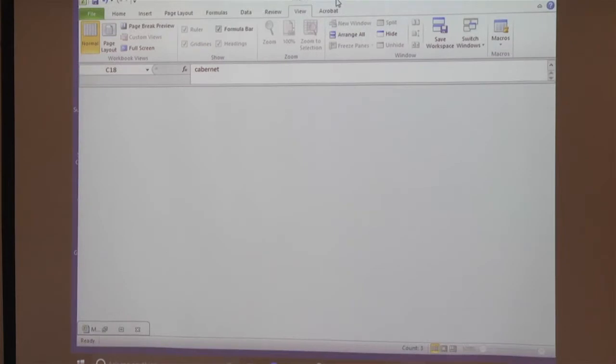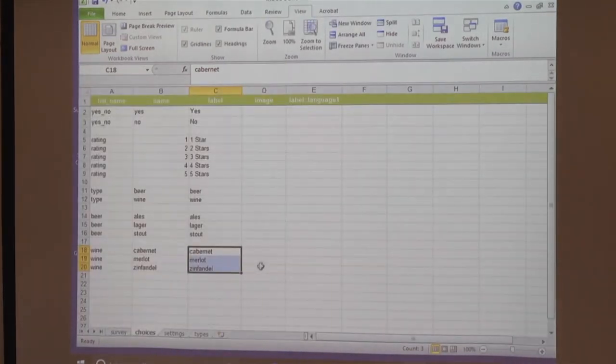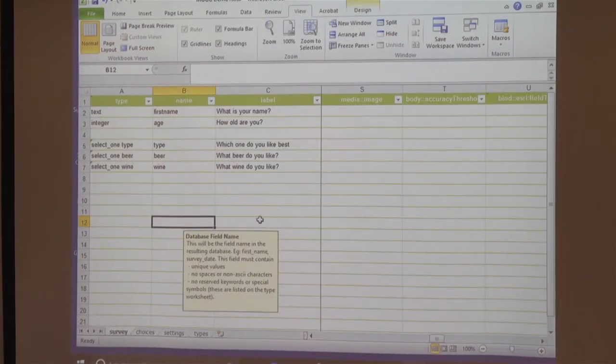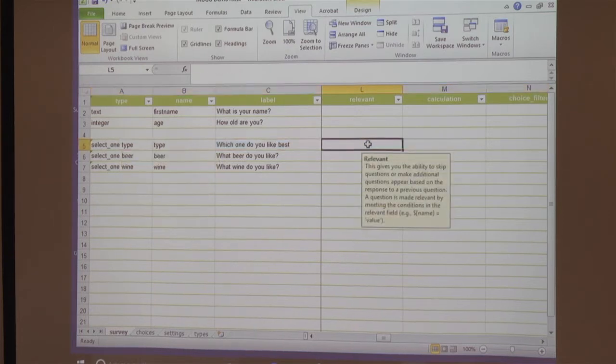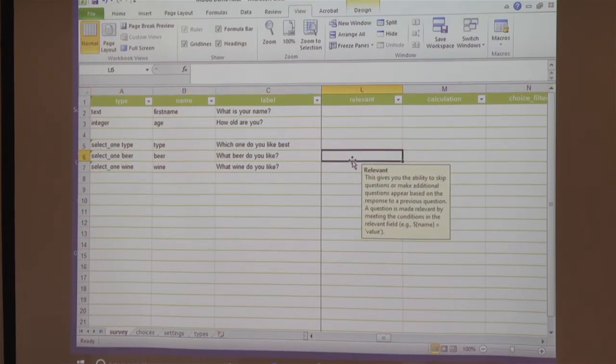And I minimize my little thing down here. So if we look at these tables, there's lots of different fields as we come across here. We're looking at this one here, and you'll see the fields moving across the top, and we're looking for the relevant one, which I think I passed. Right here. So in here we would put